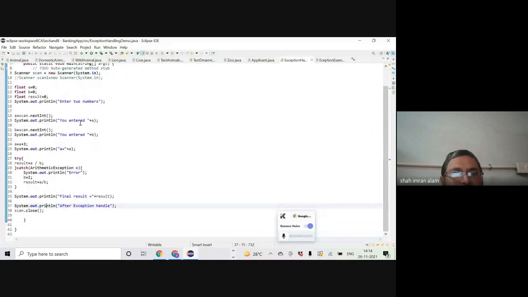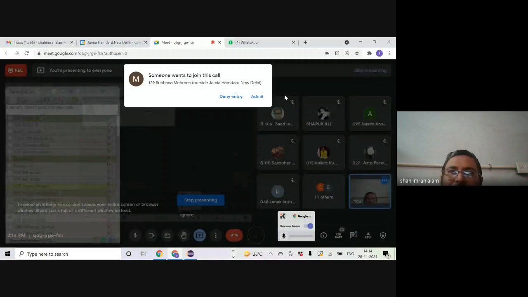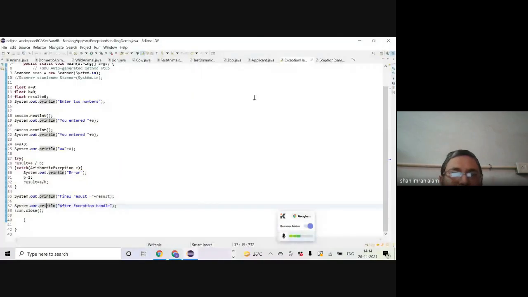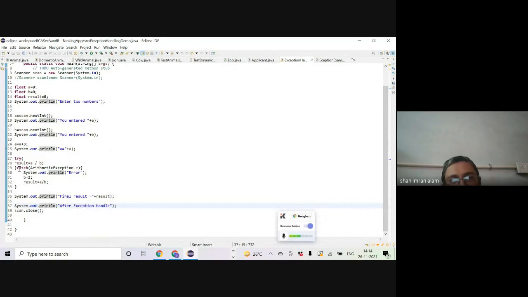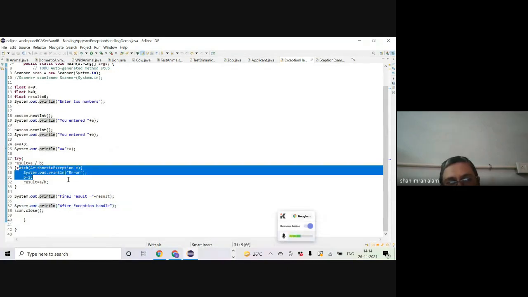So we entered two numbers in this program yesterday. Then within the try block, that is the guarded region, result is equal to A divided by B. This is the computation we were doing. When we entered B as 0, we saw that this catch block was not reached.